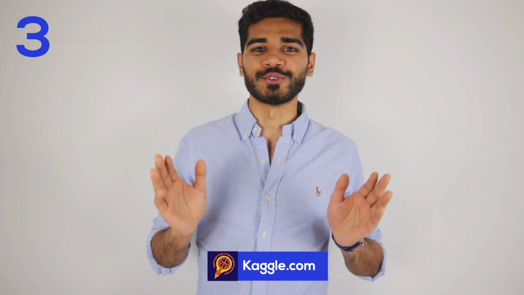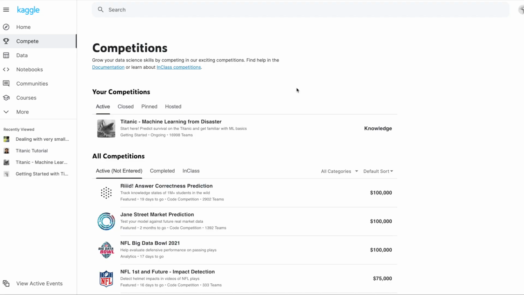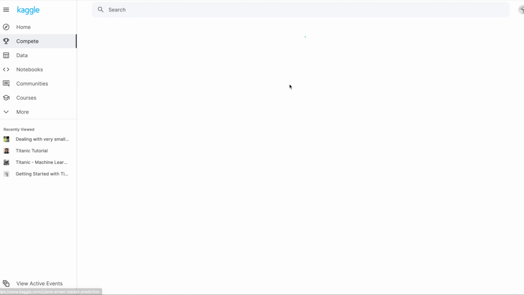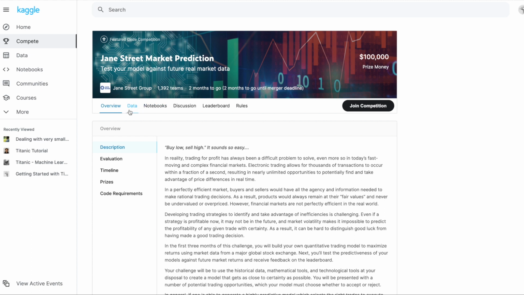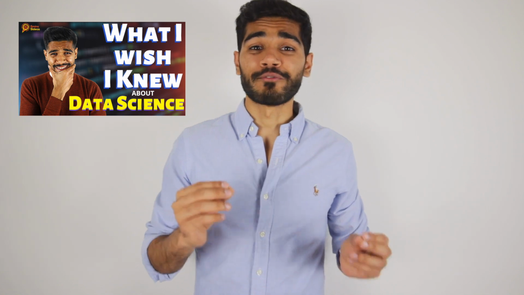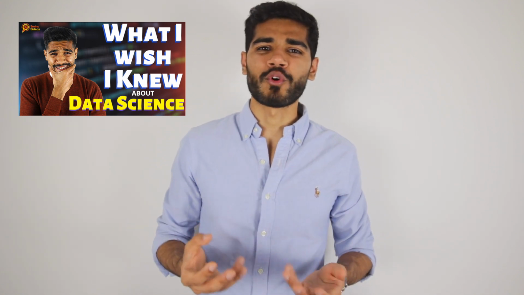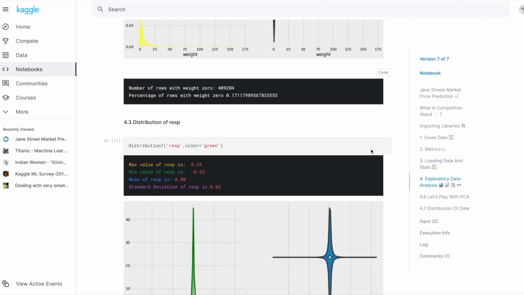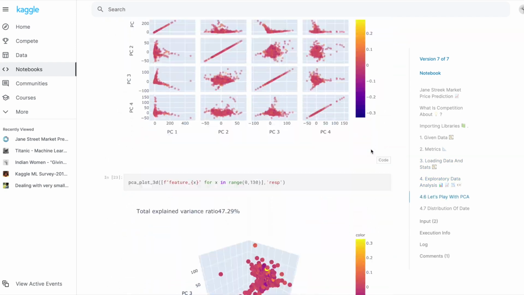The third step is using Kaggle to consolidate what you learned in the last 2 steps. Kaggle is something I really wish I had done more of before getting started. Kaggle allows you to compete in data science competitions run by industry. It'll teach you exactly what algorithms you need to use to solve what type of problem. But keep in mind that solving problems on Kaggle is very different to solving data science problems in the industry. If you want to learn more about that, I'll link a video here about what I wish I knew before becoming a data scientist, where I talk a little bit more about data science in the industry. Regardless, Kaggle is a good way to get the gist of what data science is all about.